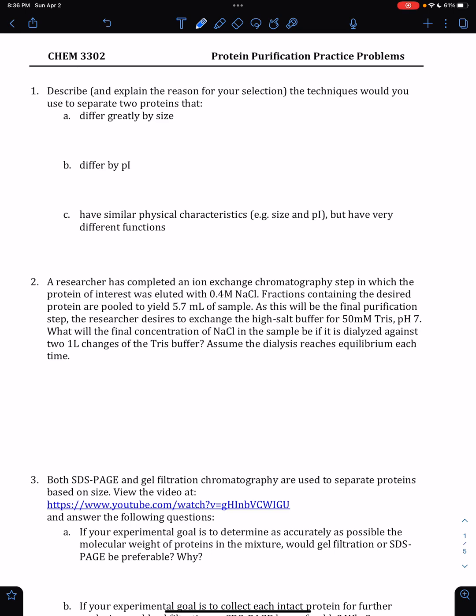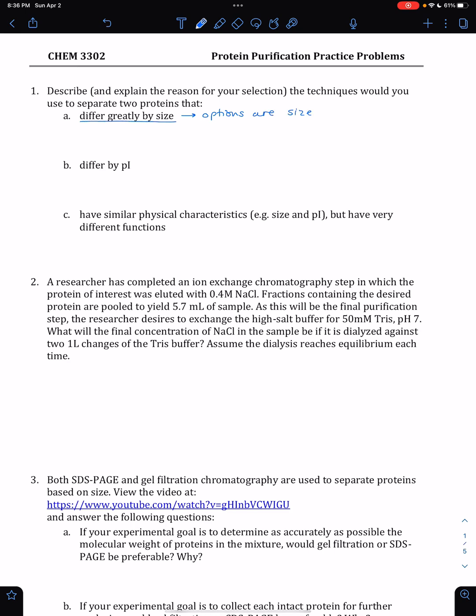So the first question is asking us to describe what technique we'd select in different scenarios if we wanted to separate proteins with different properties, and to explain the reason for our selection. So the first one is if your proteins differ greatly by size. Now, there are two techniques that we talked about that separate things based on size. So the options are